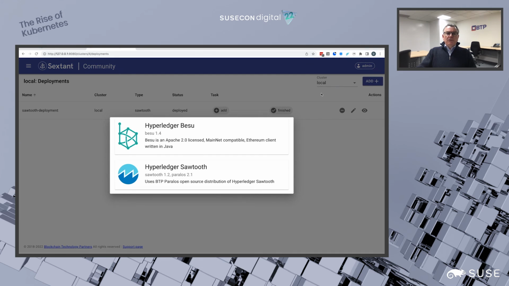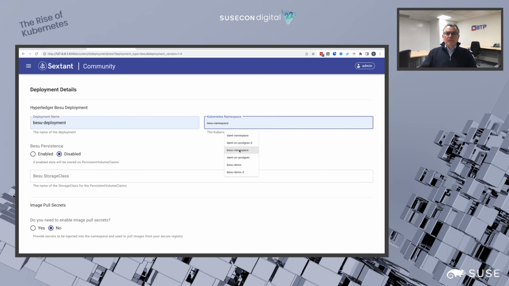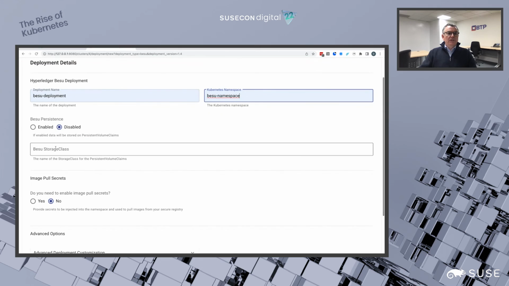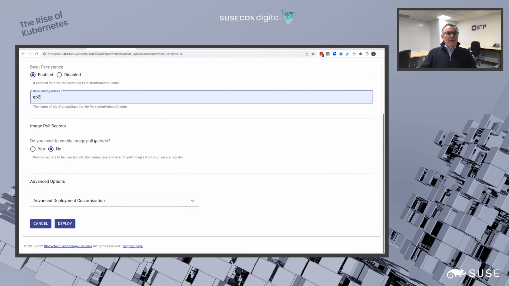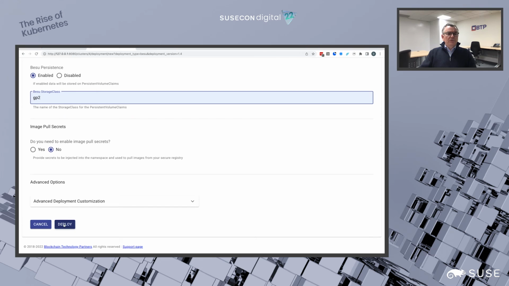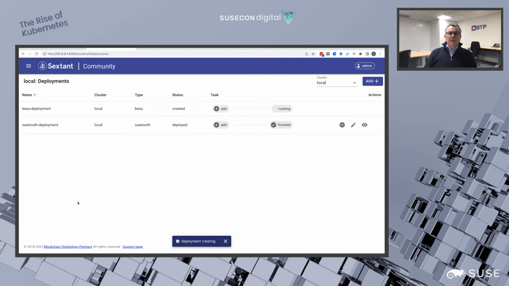We could also add a Hyperledger Besu. So we'll call that Besu deployment. We'll give it a Besu namespace. And again, we're just going to accept, actually we're not going to accept the defaults. We're going to actually specify here the standard storage class. And there's no need for image pull secrets. So click deploy. And now we're spinning up a second DLT stack, this time one built on Hyperledger Besu rather than Hyperledger Sawtooth. If we go back to Rancher,